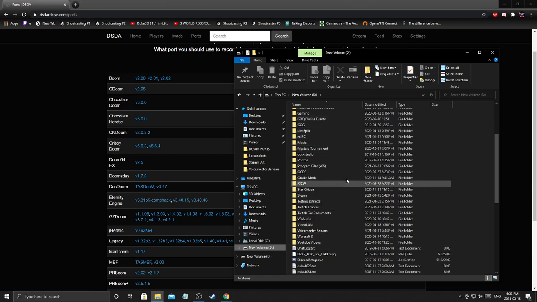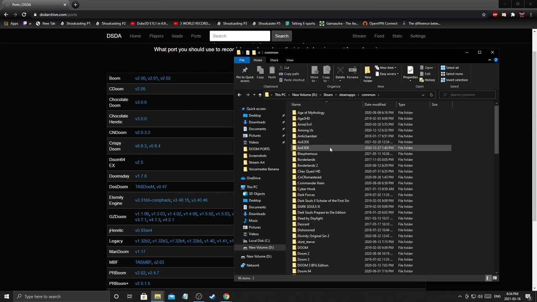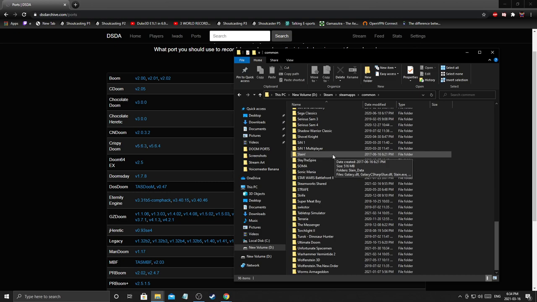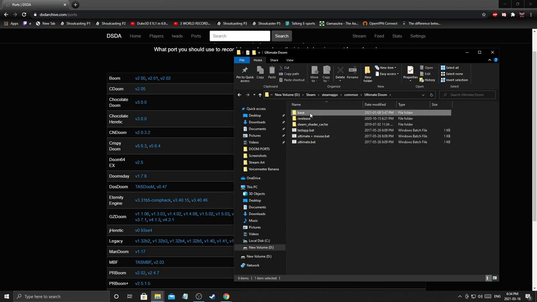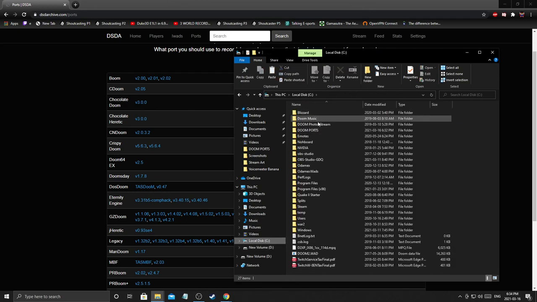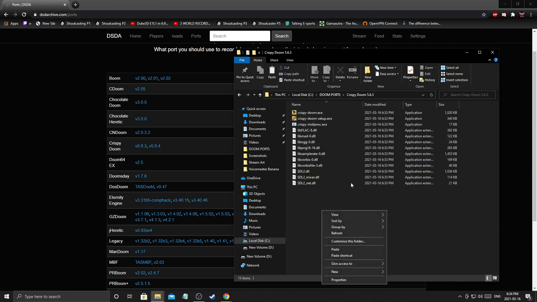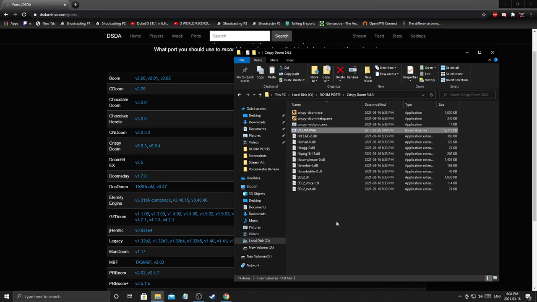So after that, let's go find our Steam account. So the file path, Steam, Steam apps, common. You're going to go down. It's not called the Ultimate Doom, but it's called Ultimate Doom, which is, there we go, Ultimate Doom, base. Scroll down until you find doom.wad, and then you're going to copy this and bring it back to your Crispy Doom 5.6.3. We're going to paste that in there,